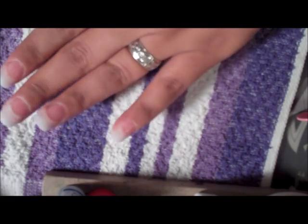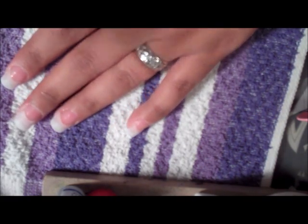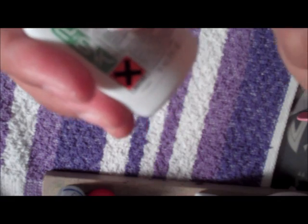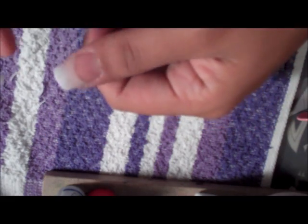Okay, and then after you do that, let it sit and let's get our gel and everything ready. So the first thing you're going to need to take is your lightless gel. And it comes like this. It's from ASP, All Season Professional. And then we're going to very evenly and very lightly apply the gel all